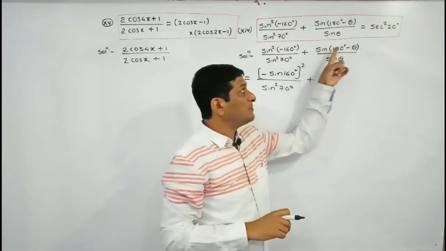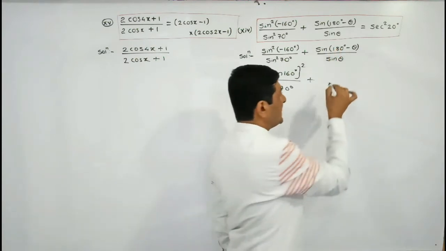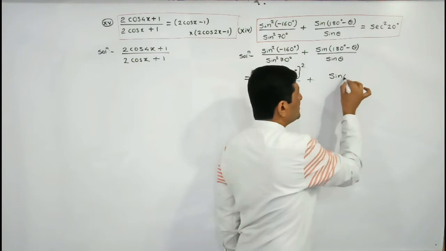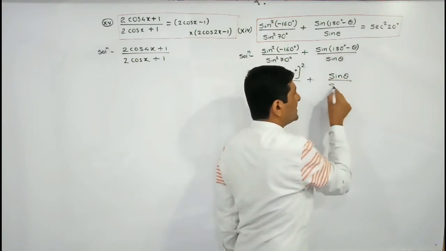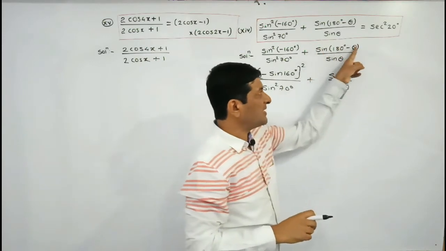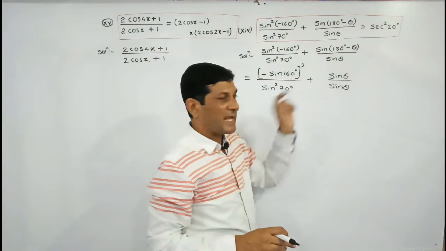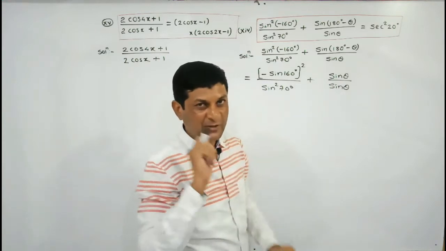We know that sine of pi minus theta will be equal to sine theta, where 180 means pi. And why is it positive? Because 180 minus means second quadrant, and in the second quadrant the value of sine is positive. So sine 180 minus theta is sine theta; in the denominator, keep the sine as it is. So we are able to cancel these two terms and their division will be equal to 1.